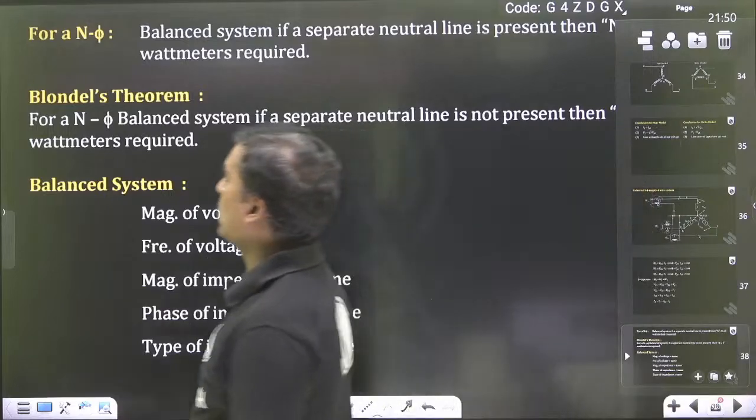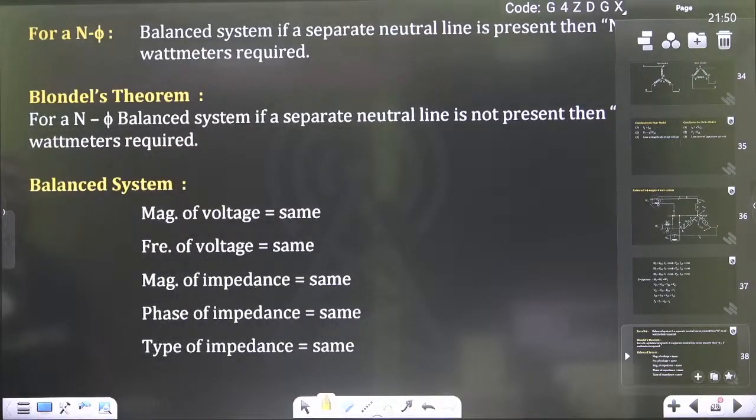So what is Blondel's theorem? For an n-phase balanced system, if a separate neutral line is present,